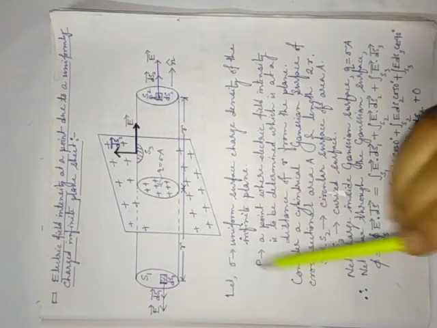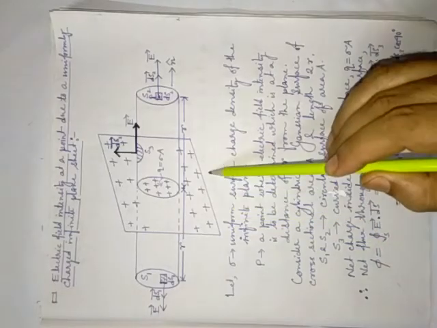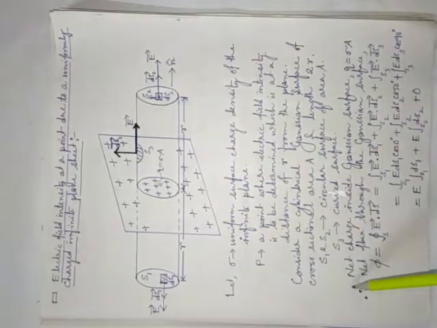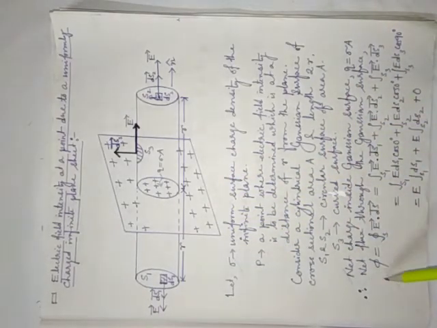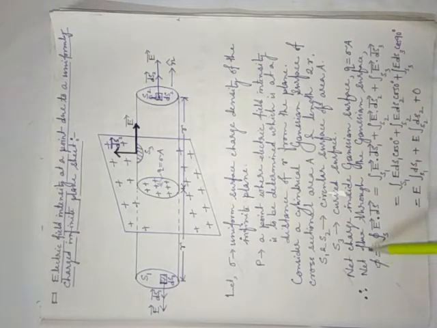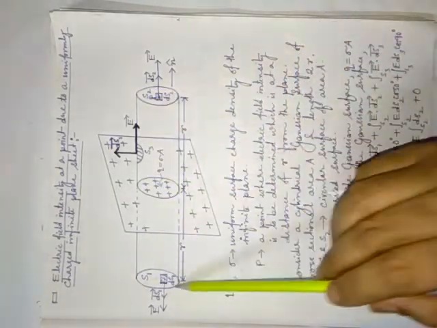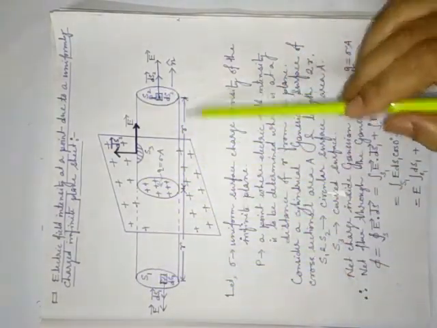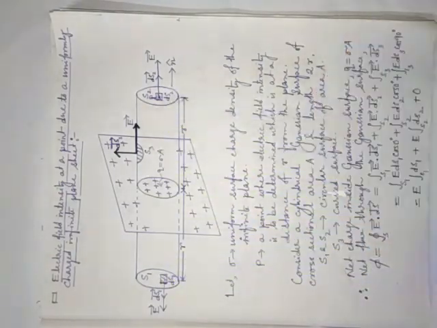That means in the exam, if you want to write for 3 marks, you can write this diagram. Sigma is what and net charge is what, these things you can write. Normally in notebooks, they write only the mathematical part and the diagrams. Okay, net flux through the Gaussian surface, phi is equal to the closed integral of E vector dot ds. S means surface area of the whole cylinder, that means surface area of S1, S2 and S3.